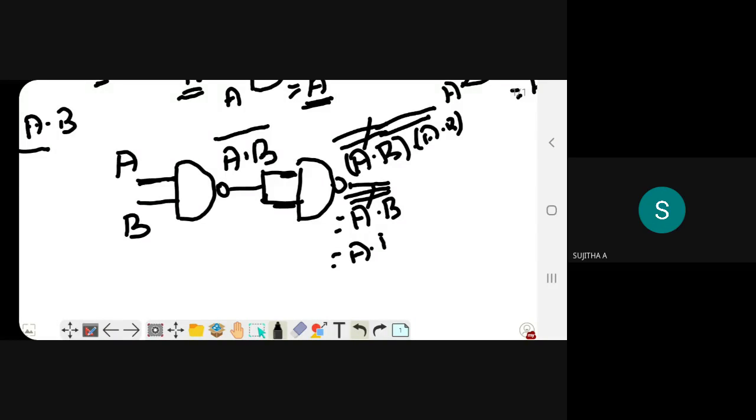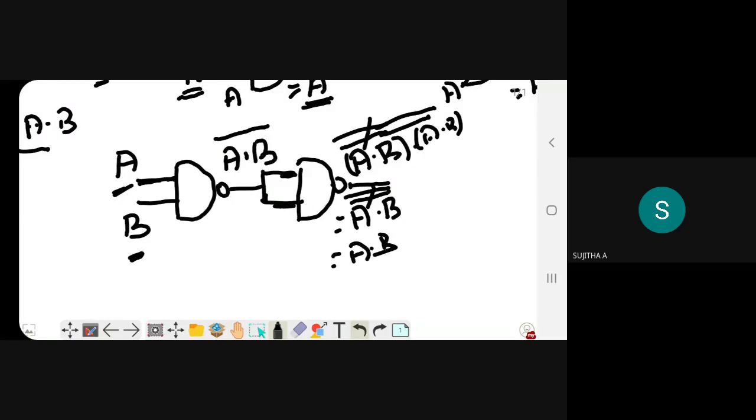Anybody is having doubt? If you have a doubt, tell me. So I will explain one more time. Actually, you are using a NAND gate here, with A and B as input. You will receive the output as A dot B, the whole bar. Actually, I want the output as A dot B alone. For that, I'm going to insert a NOT gate, in the form of a NAND gate, in the output side of a normal NAND gate. Okay.